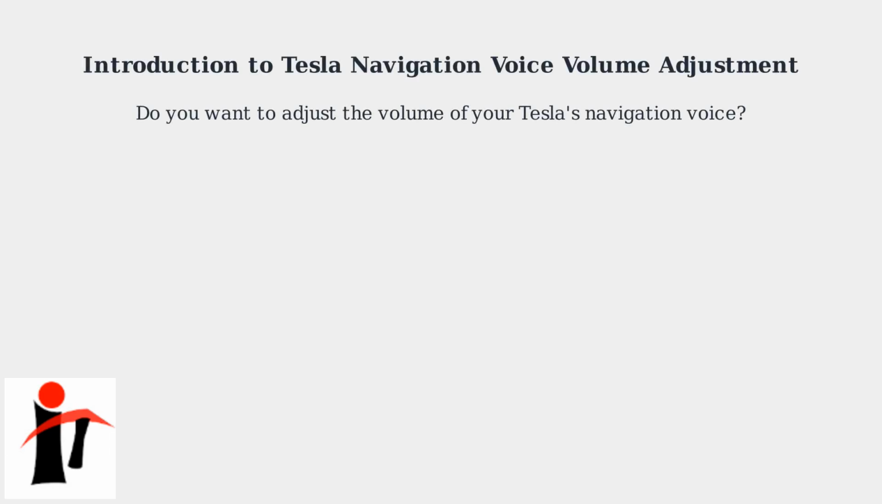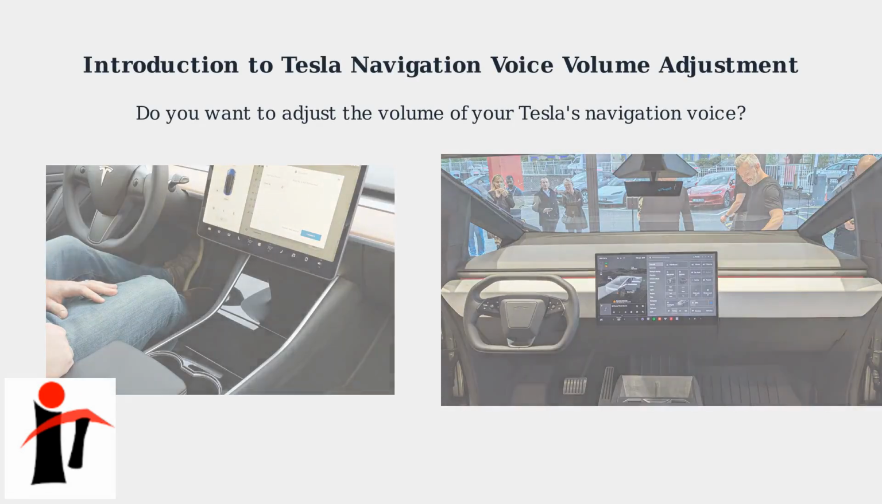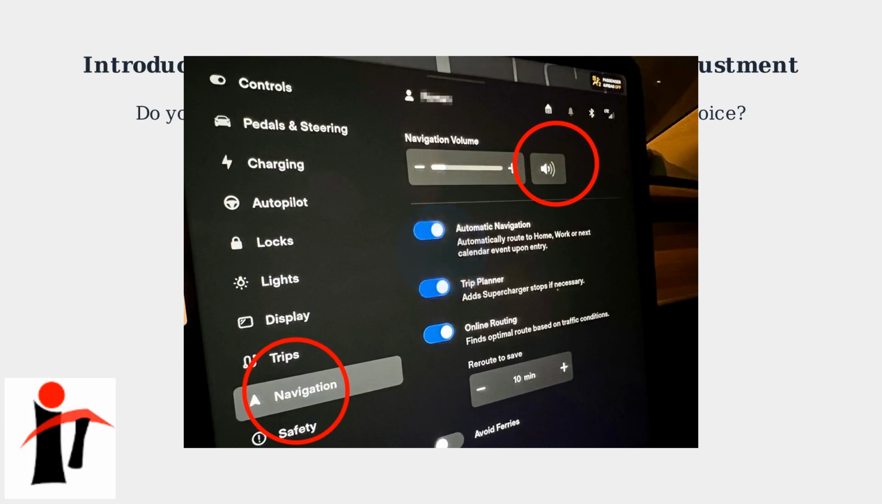Do you want to adjust the volume of your Tesla's navigation voice? This video will show you how to turn the directions up or down for optimal clarity and safety. Tesla offers intuitive ways to control the navigation prompts, ensuring you never miss a turn. As of December 2025, this feature is available on all Model S, 3, X, Y, and Cybertruck variants running software